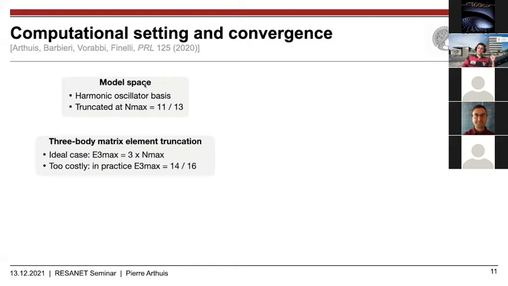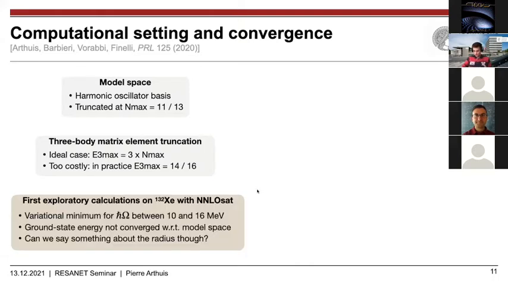Ideally, once you've set your N max truncation on your model space, if you do not want to impose another cut, you have to take E3 max. So that is the value, the energy up to which you take into account three-body matrix elements, up to 3 times N max. The thing is that's not feasible in terms of storing at the moment. So in our case, we had to stick to E3 max 14 or 16, which was the state of the art 2